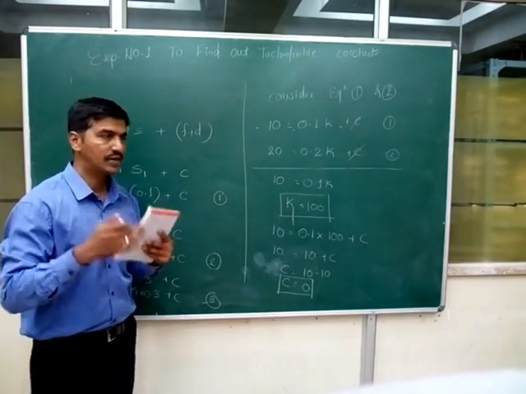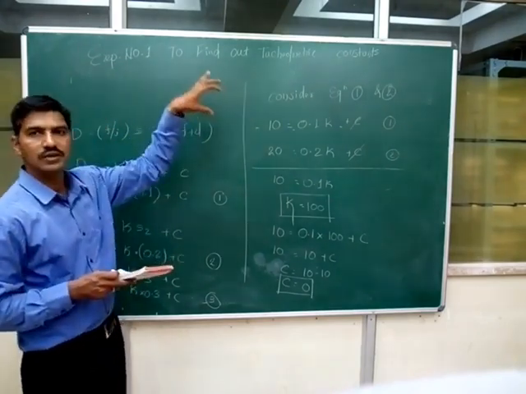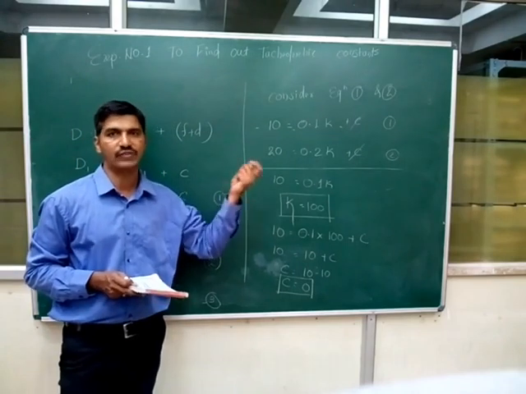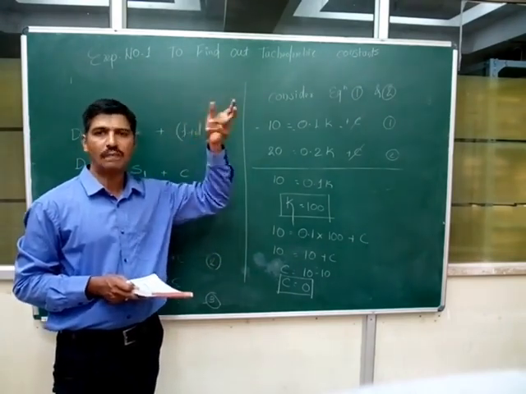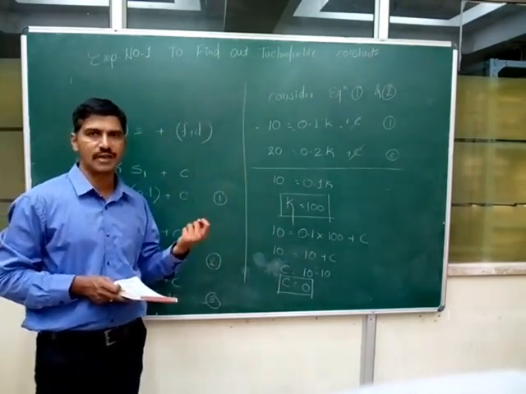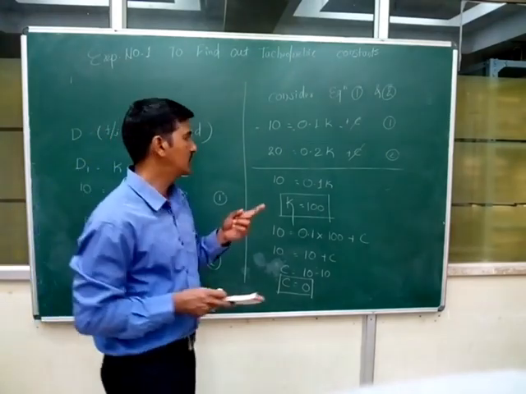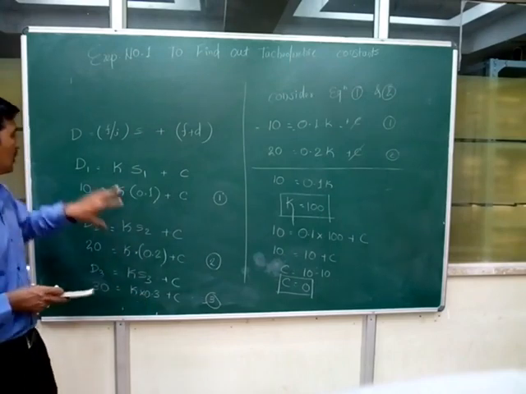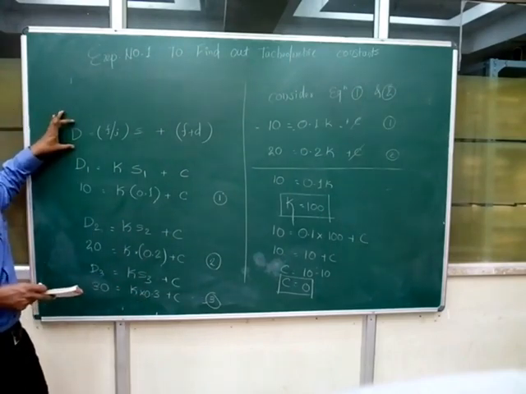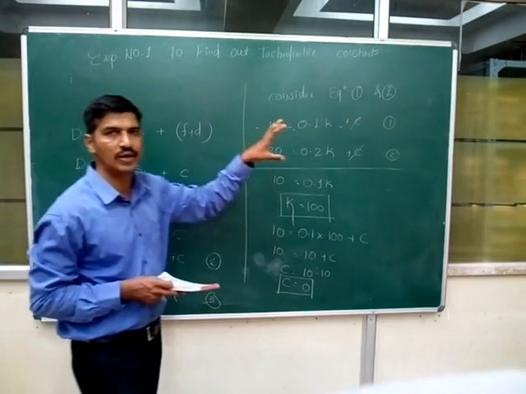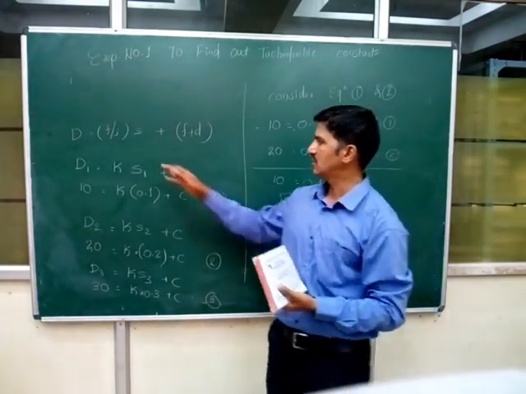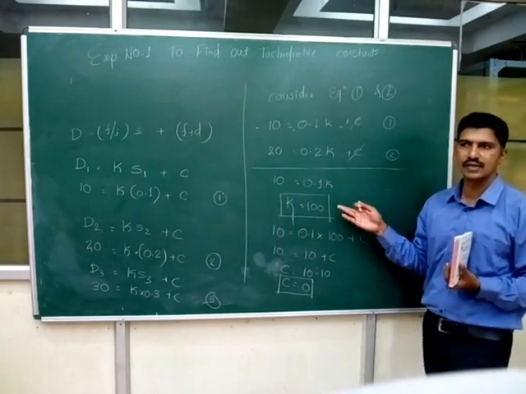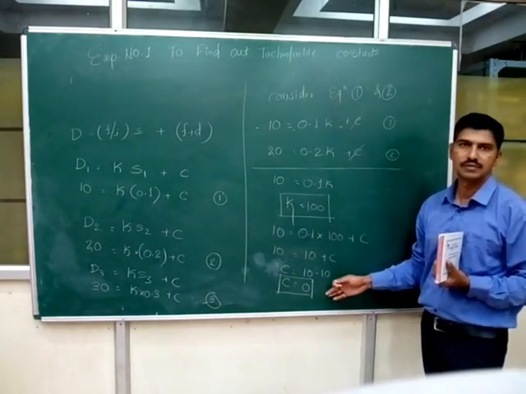What I have done is I have just taken the three stations A, B and C. I have measured the distances 10, 20 and 30, and taken the top and bottom hair readings on the respective staffs. Then I have found out the staff intercepts S1, S2 and S3. In the standard formula of the tachymeter, I have just substituted the values, and by using the simultaneous equations, I have found the constants, the first constant as K and the second constant as C.